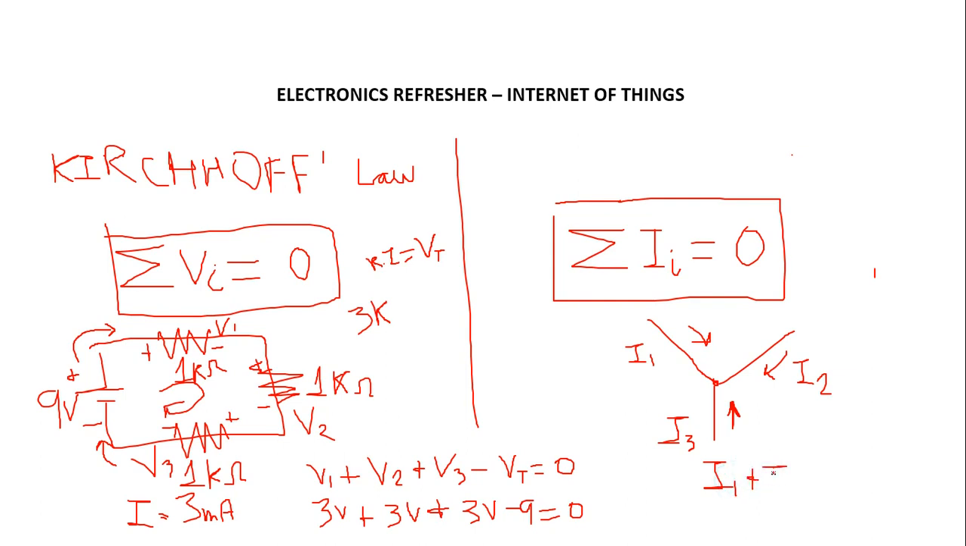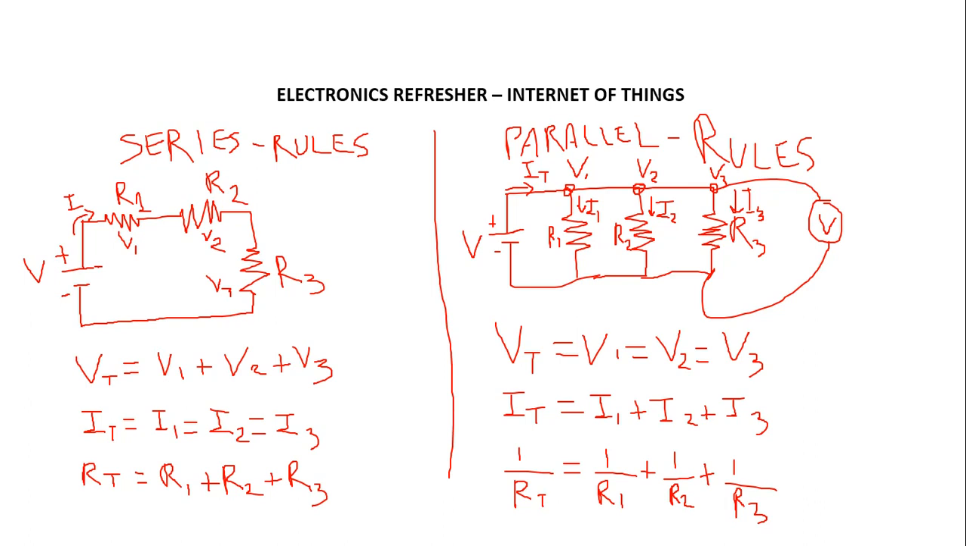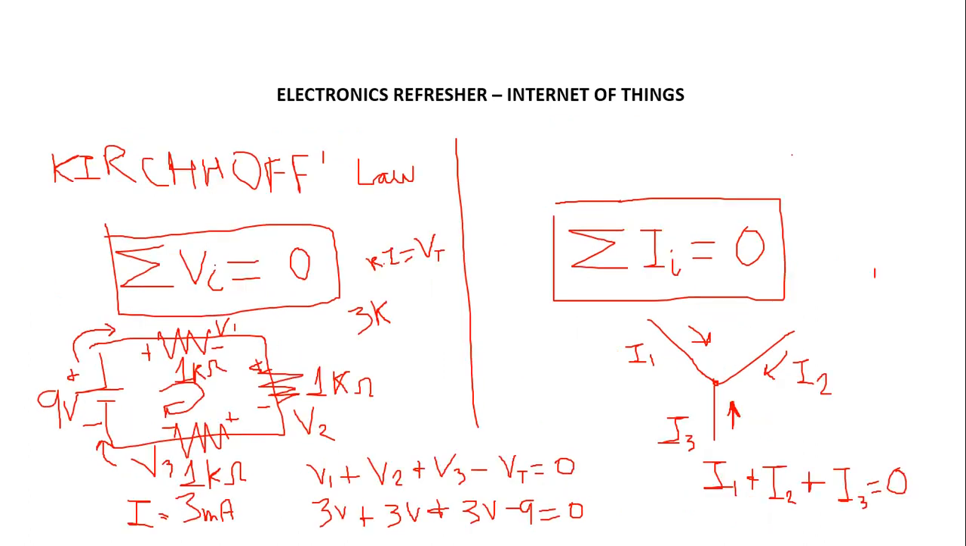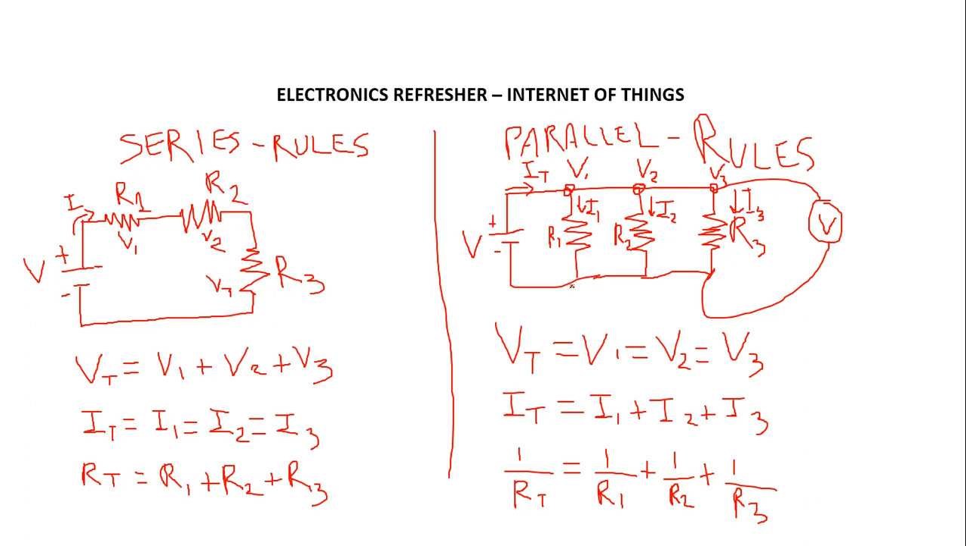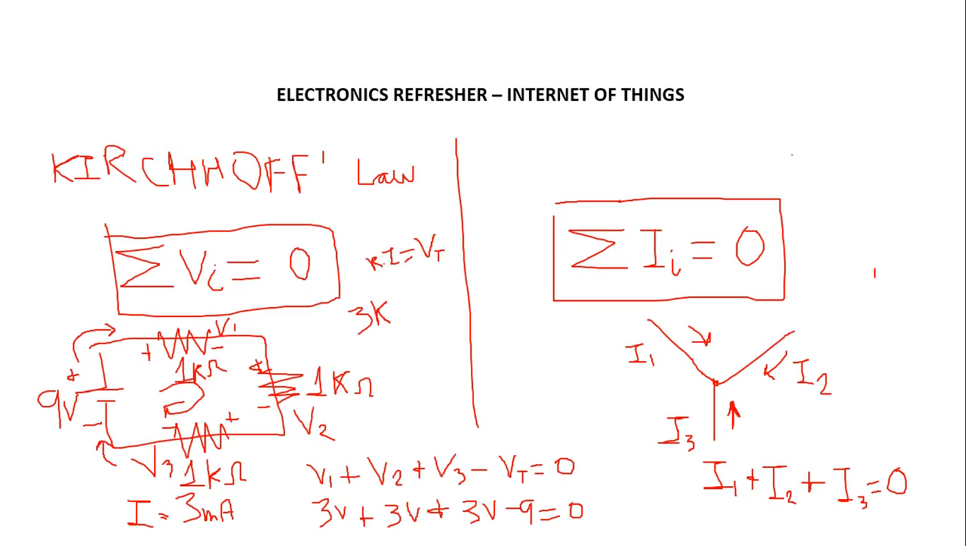And so current 1 plus current 2 plus the current 3 is going to be equal to 0 according to the current Kirchhoff's law. And for example, here we have a node, so the current from this direction, from this direction, from this direction, is going to be equal to 0